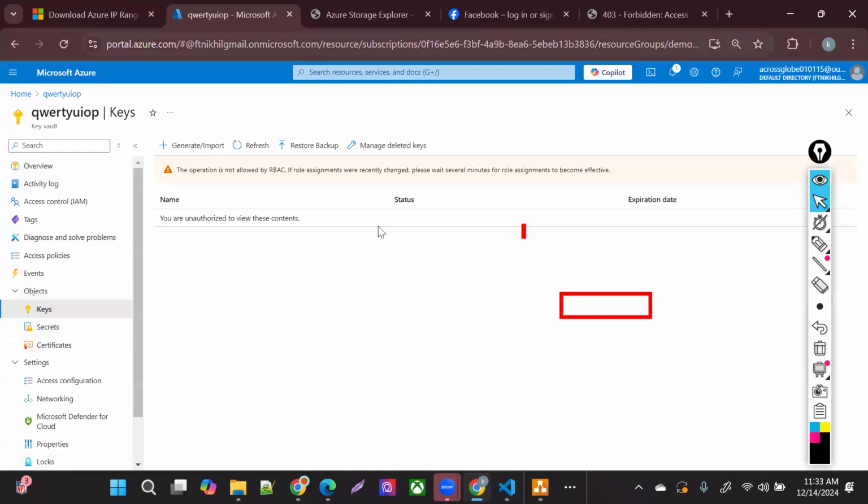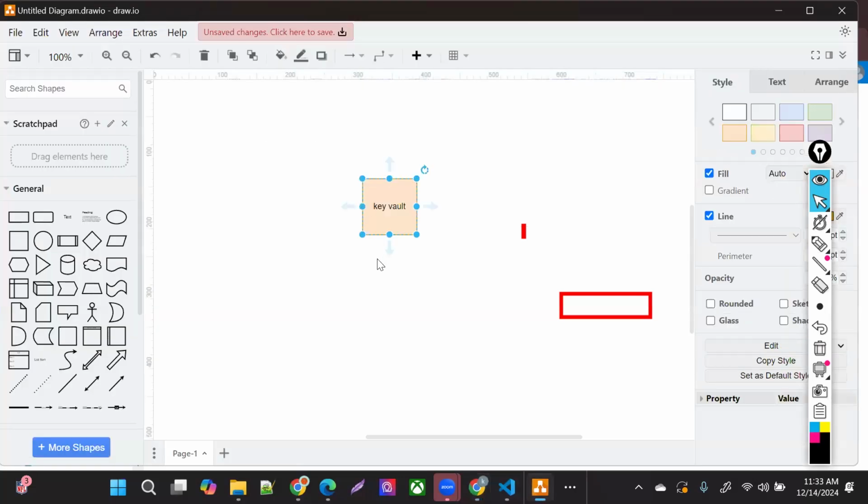So what happened by default? By default, when you create that key vault, it's not even allowing you to create the secrets, the certificates, or the keys, even if you created that key vault. Here come two things. Let me just come here. You created a key vault.